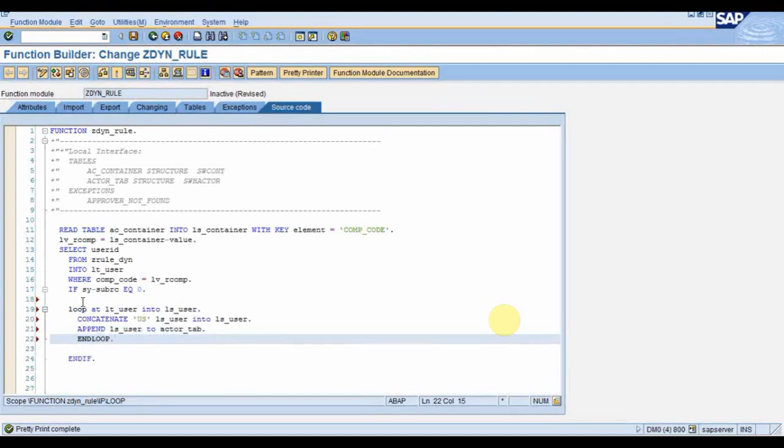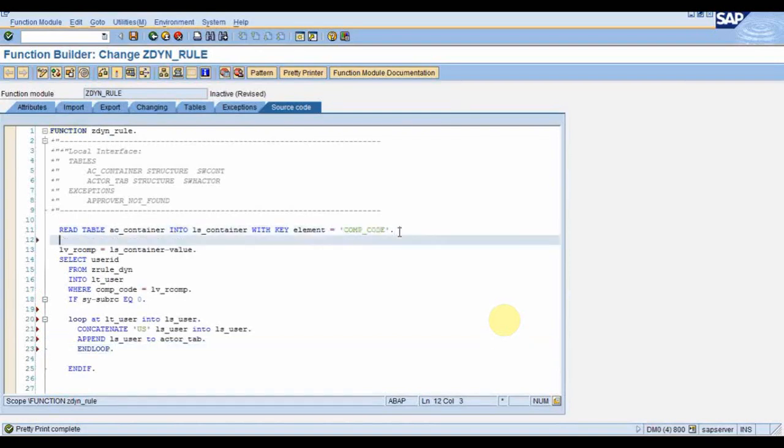So here what I did is I'm just trying to fetch the data from the database for the user's ID. The first statement reads this AC container. This is the internal table. In the debugger I will show you.